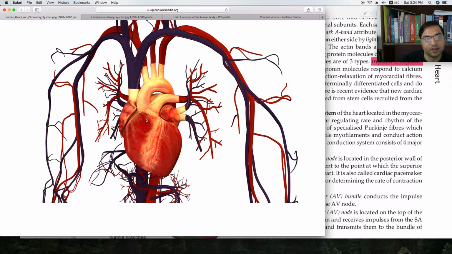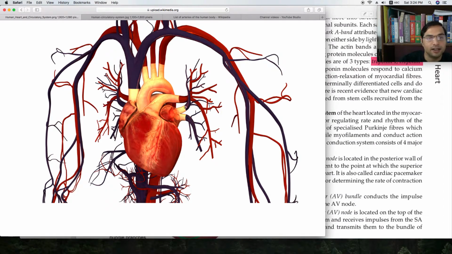Then this is the pulmonary artery, right? The pulmonary artery is taking the blood, sorry, this is the pulmonary vein. The pulmonary vein is dividing into the right pulmonary vein and the left pulmonary vein, and it is giving branches in this area, which is the lungs. So from the lungs, the oxygenated blood is coming through the pulmonary vein into the heart, right? Okay.